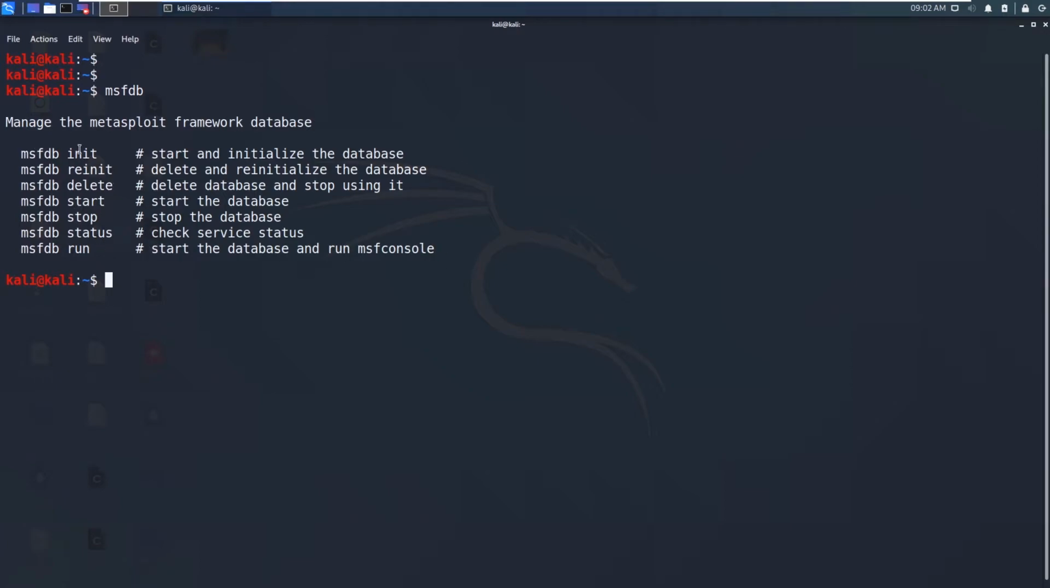These are very simple, and there is a hash, a comment, to see what each command does. msfdb init starts and initializes the database. msfdb reinit stands for deleting and reinitializing the database, that is, deleting all the tables and databases and then initializing again. And msfdb delete just deletes the database. You can start the database, stop the database, check the status of the database, and you can also run